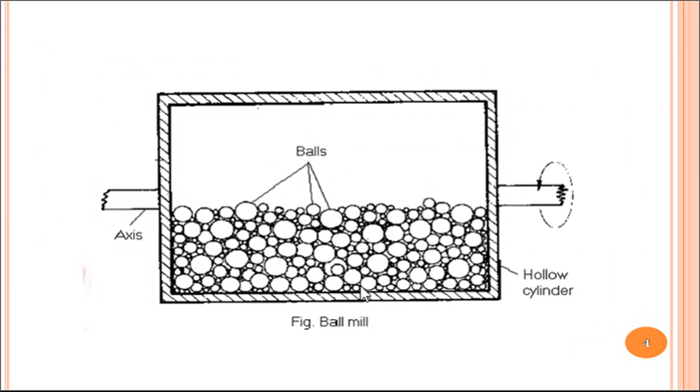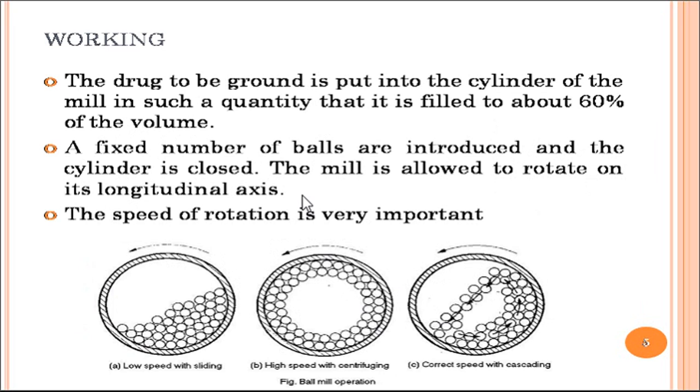These are the figures which illustrate the ball mill. The axes on both sides control the rotation at the speed which we set on the equipment. The balls along with the material are mixed together, and when we set the speed, the equipment starts rotating, and within 20 or 30 minutes, or more time depending upon the type of material, the material is crushed.